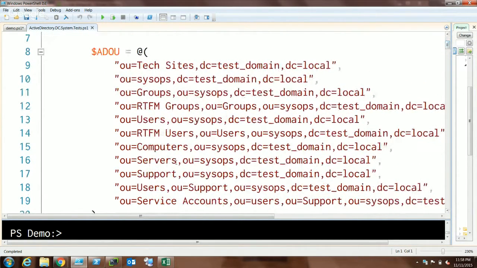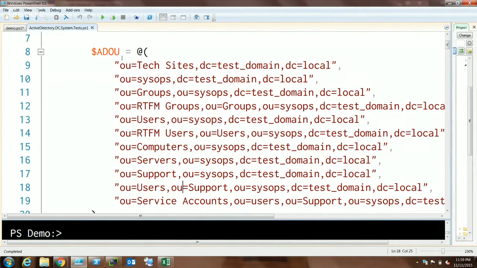For this one, I've easily got 10 different OUs in a very specific configuration and structure, and there's a point in the process where these paths become important, so I actually test for them to exist in the exact places